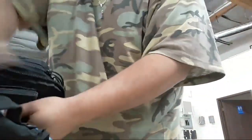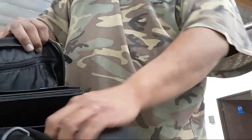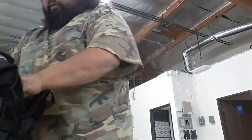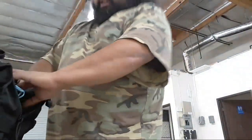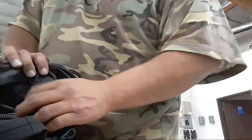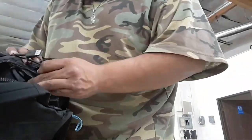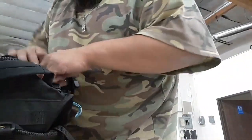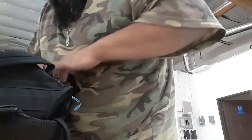Hydration pouch on the inside of here that I never really got to use. I had about 3 gallons of water with me, plus a bunch of Gatorades, so there's no need ever for me to fill it up. In the little pocket in here, I have a bunch of small wires, like for example, micro USB chargers, both small and long. I got headphones, I got audio adapters, I even got